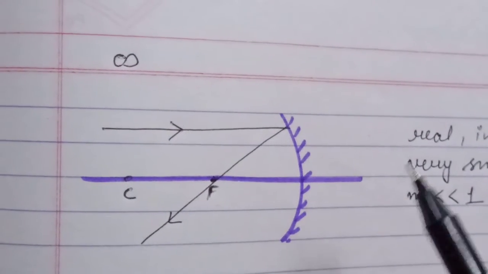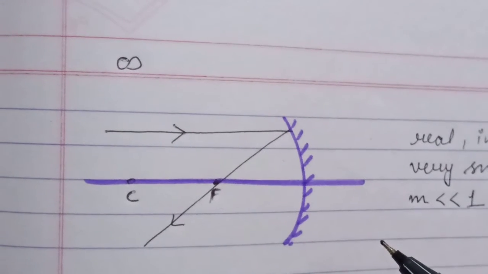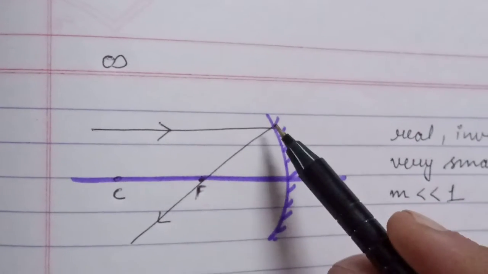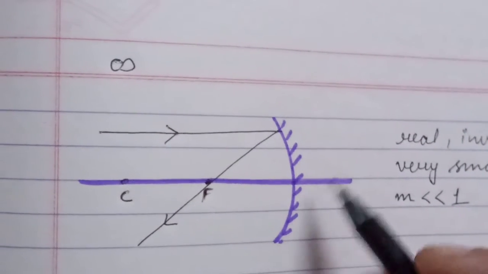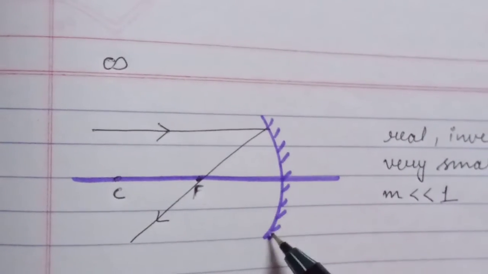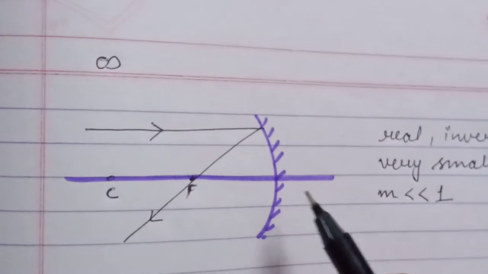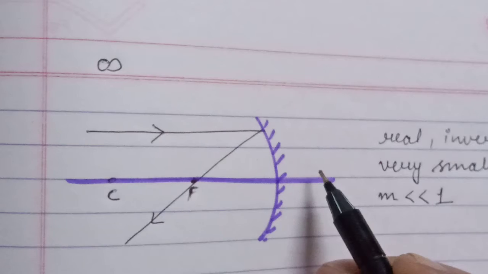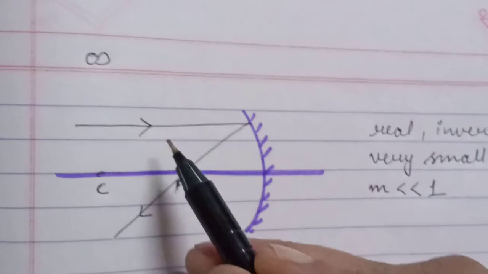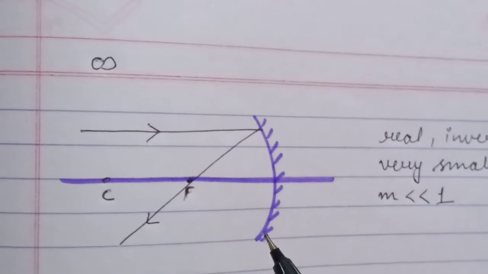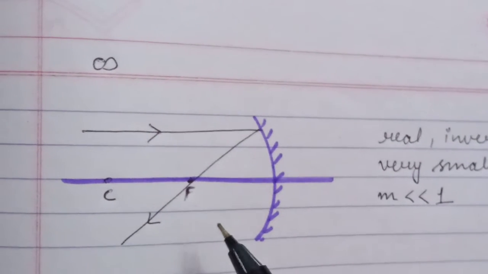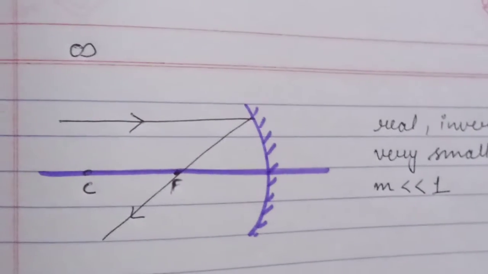Before considering the next point, you should know that if there is a spherical mirror, all images on the reflecting side are real, and all images behind the polished surface are virtual, and all images above the principal axis are erect and below the principal axis are inverted. Okay, so come to the next point.